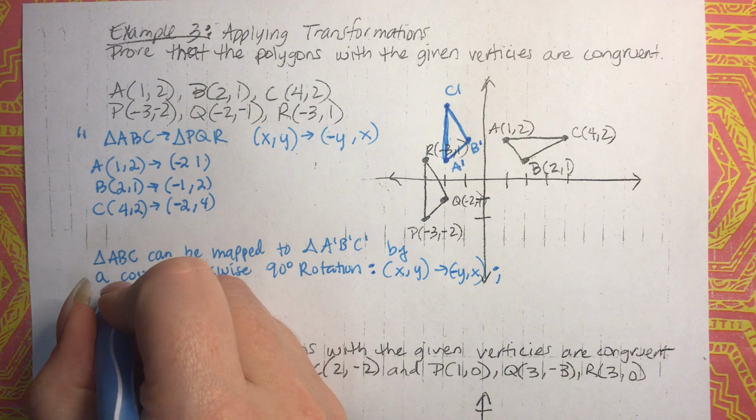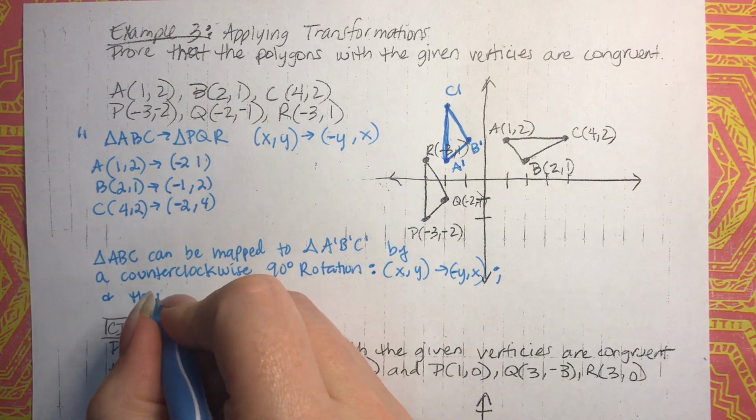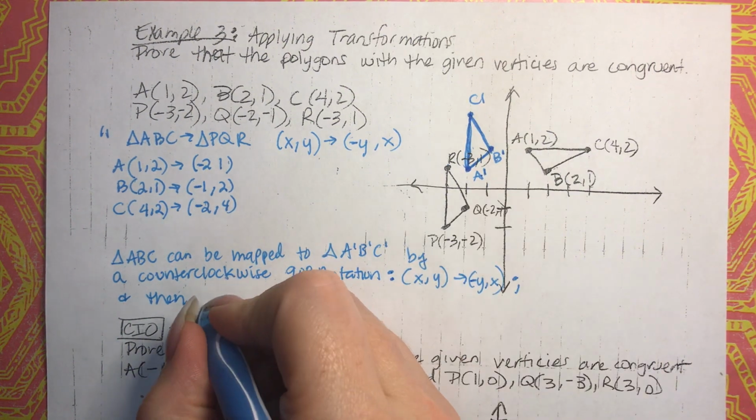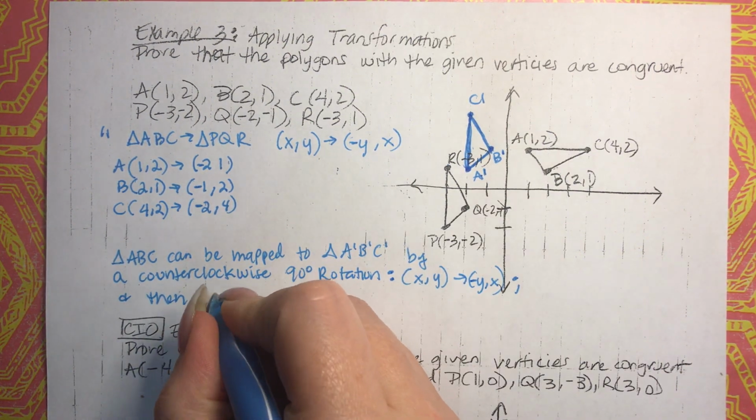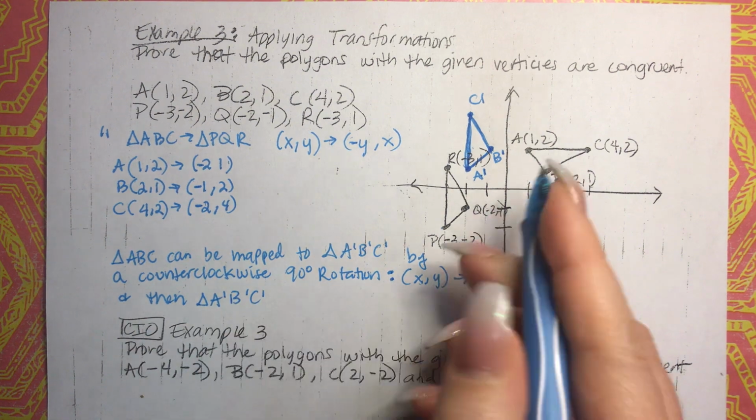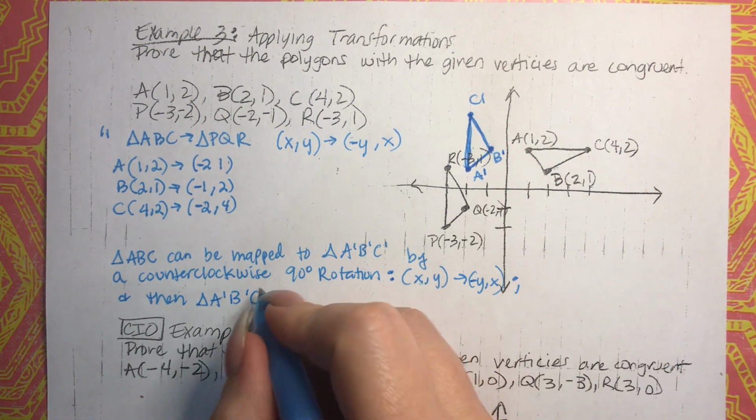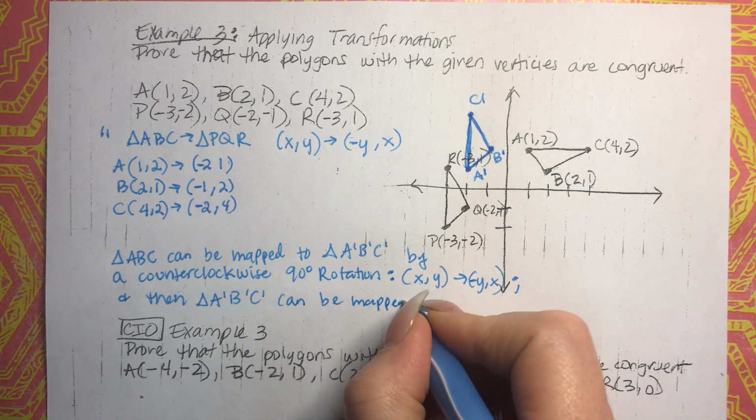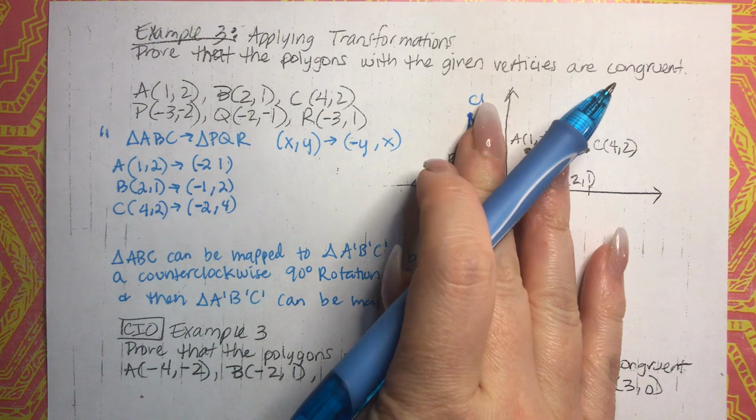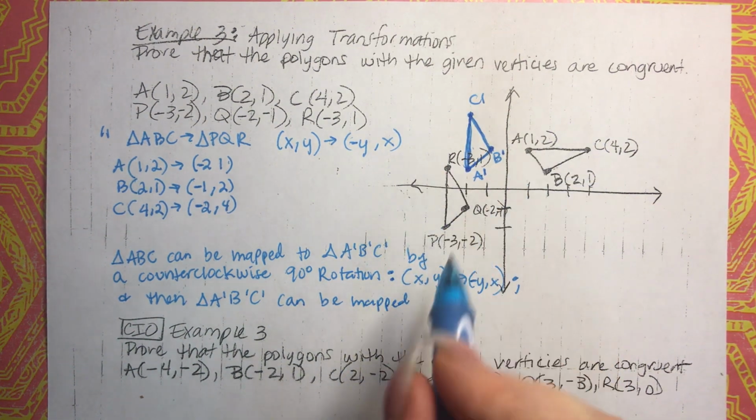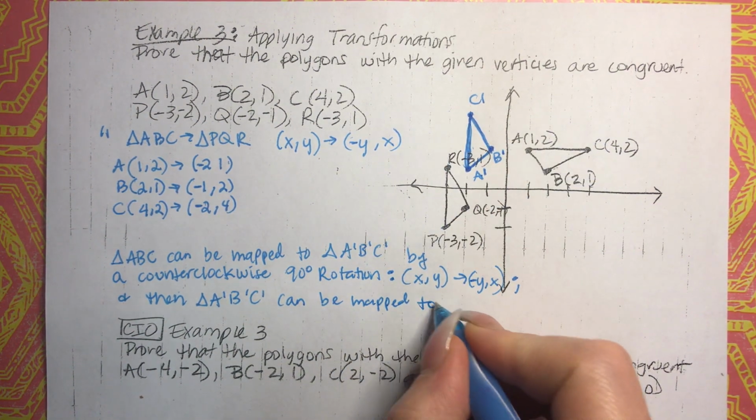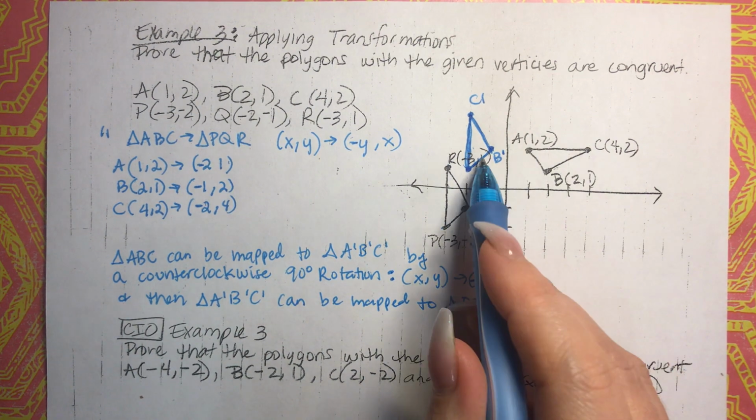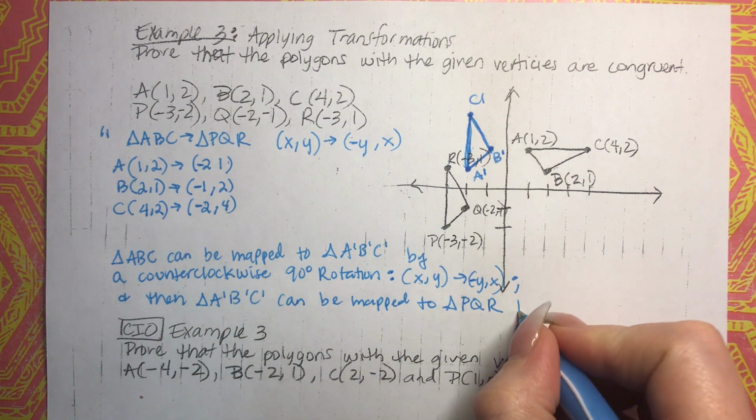So we had the rotation, and then we have triangle A prime, B prime, C prime. This is where we're starting. It can be mapped. Mapped kind of means it can be moved. So it can be moved to this triangle, triangle PQR, by a translation